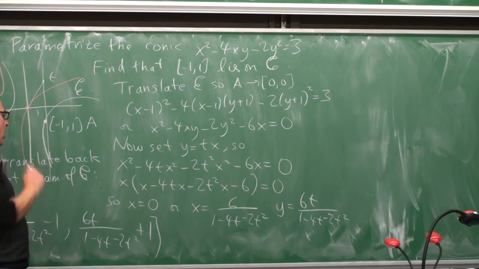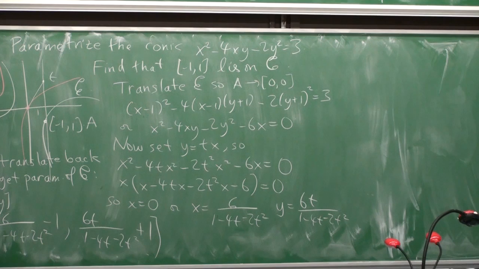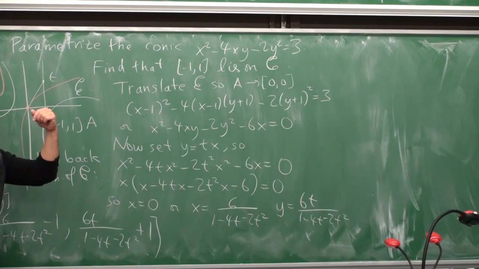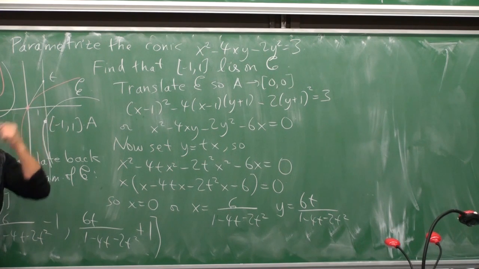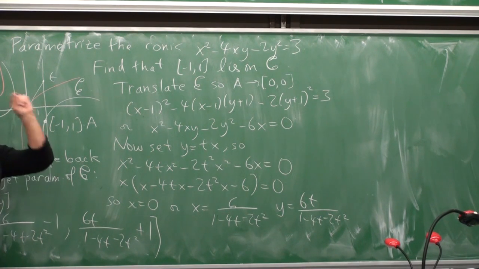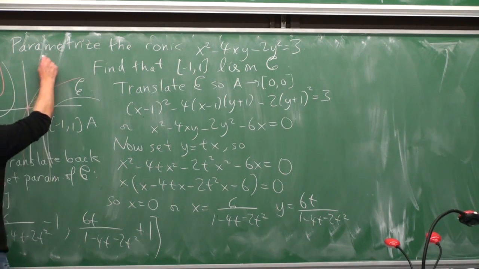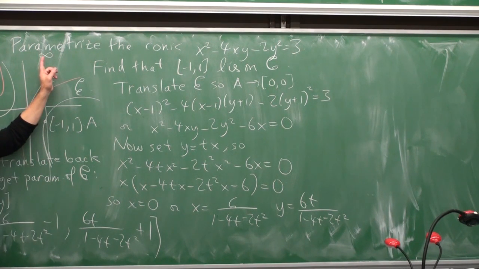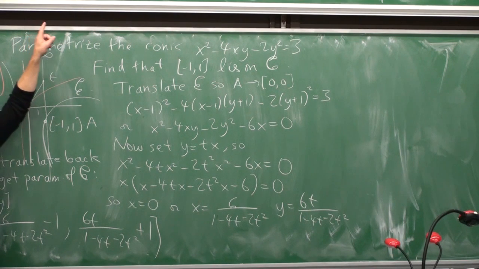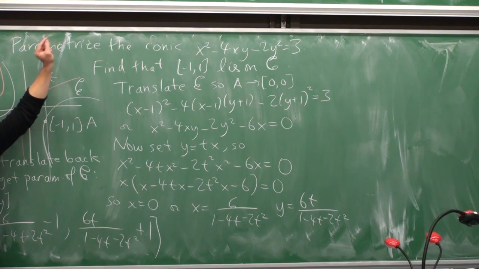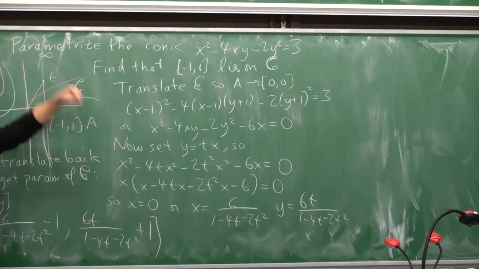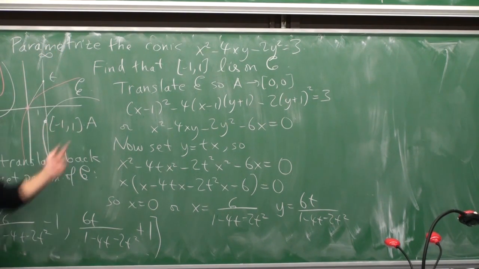There's a slight complication, though, in that to fully understand this parameterization, you really need a projective view. It's a full parameterization only when you go to the projective view, which allows a point at infinity in this direction. So in the projective view, this line has a point at infinity, as we've learned. And you should really think of that point at infinity as being an extra point which you need to complete the parameterization.